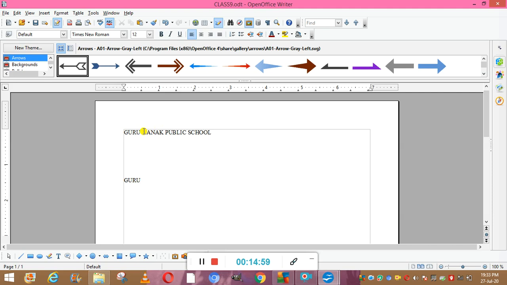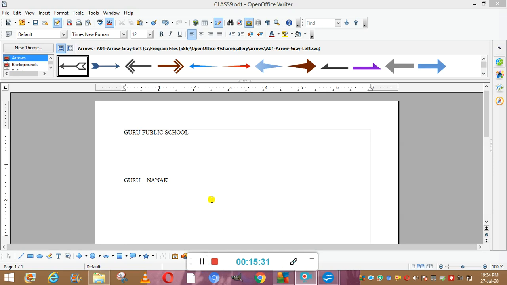But if I select this word and press Control plus X, because I'm cutting this, it has been erased from there, and I am now pasting it here with Control plus V. Now you can see this is cutting. That means it is erased from the previous place, but it will be copied to the new place. But in copying, it will remain at the previous place also, and at the new place also. So this is the concept of cutting and copying.